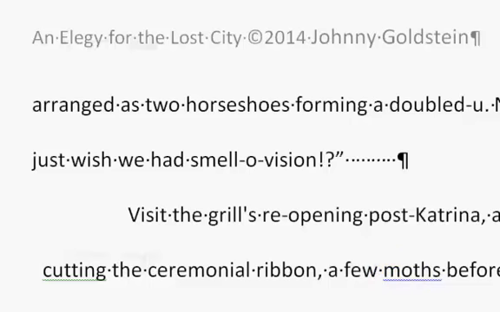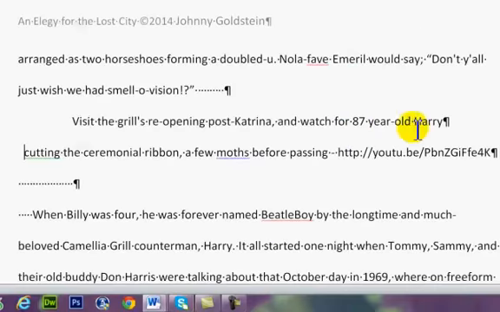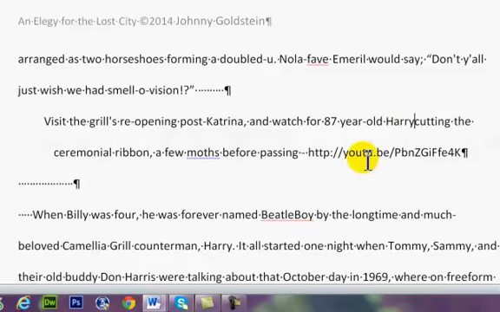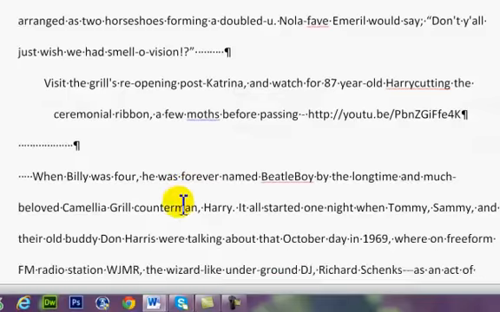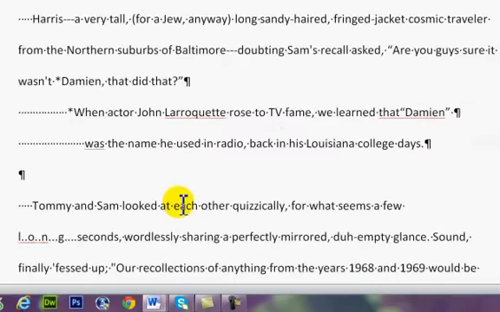I don't know whether you watch 87-year-old Harry cutting the ceremonial ribbon. This you actually don't want here either. See, it centers out your paragraph. A few months, if that's the way you're using dialogue there, so I won't change that. But I'm going to save this document, email it to you. Also give you a link to this